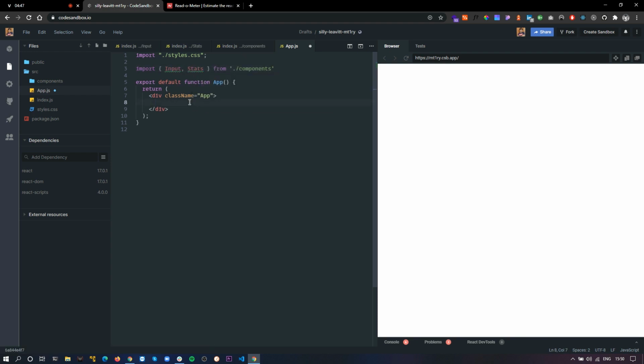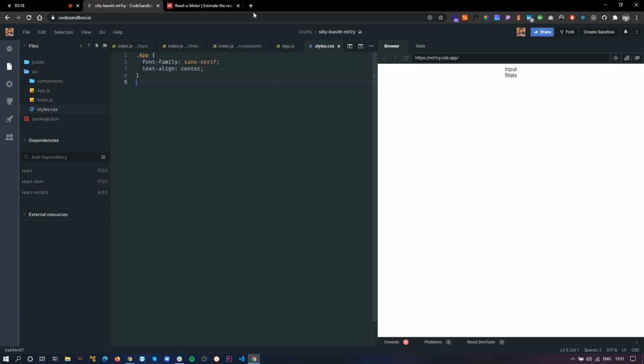I'm going to render both of these, and if everything is correct, we should see it here. So we have the input component and the stats component, so our basic structure is set up. Now all we need to do is write the logic and fill these components with the actual data and actual input box. Before that, let's go to our style CSS and style this page a bit.